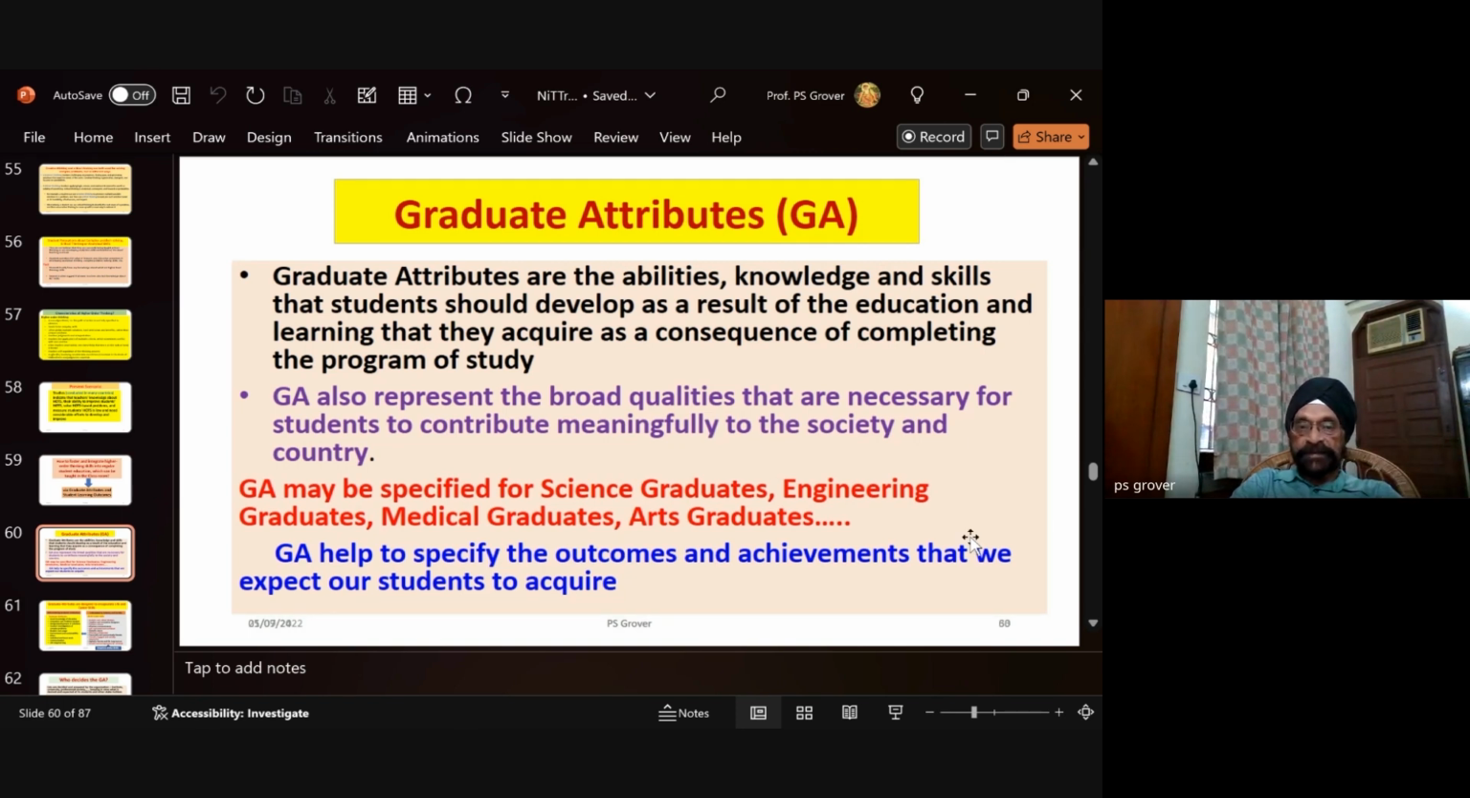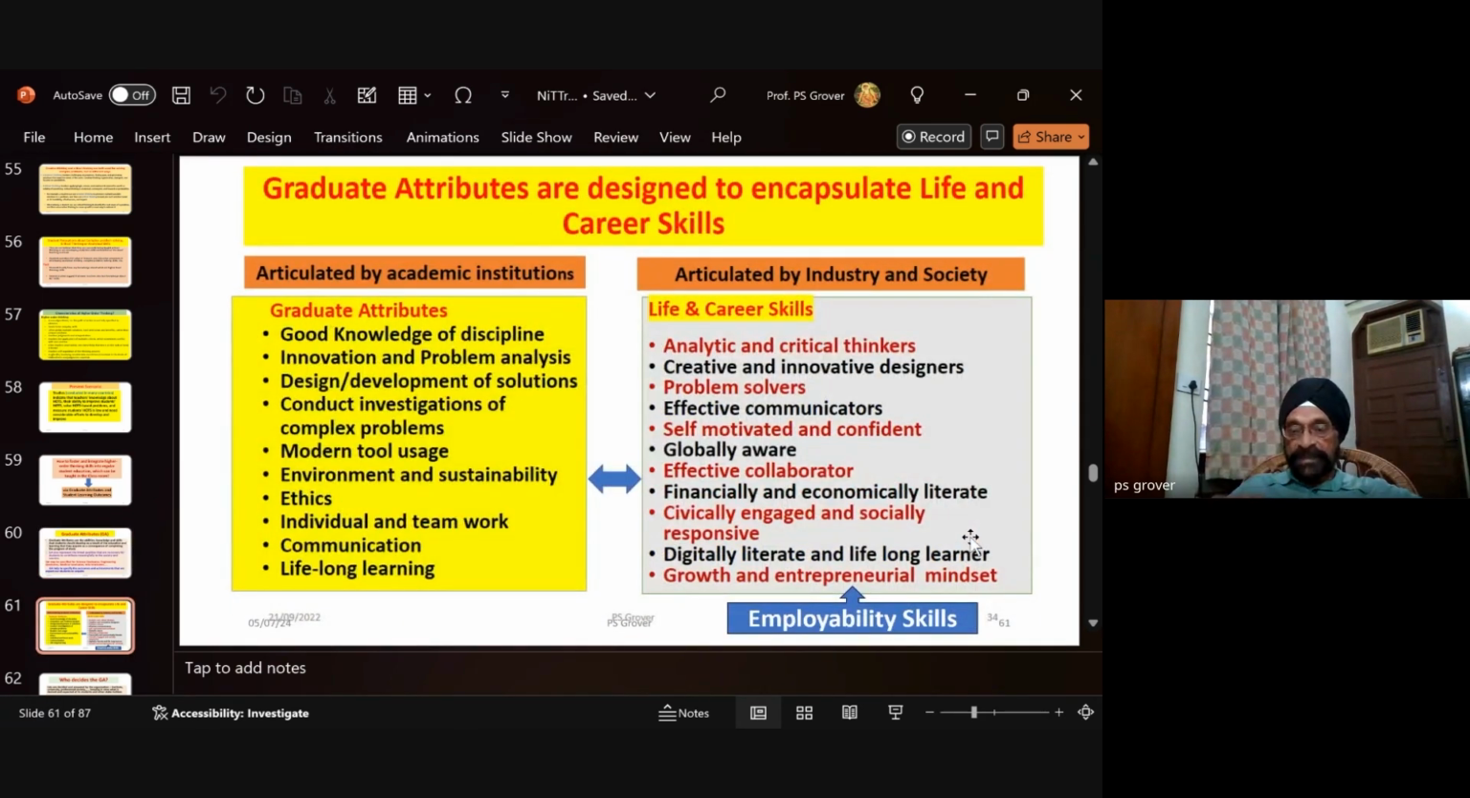ये मैंने आप डिस्कस कर लिया है। अब देखो ये वाली जो है, this slide on the left, these are the employability skills. This is what the industry wants. These are employability skills. अब मैंने इसे क्लासरूम में कैसे लाना है ये मैंने डिस्कस किया था।